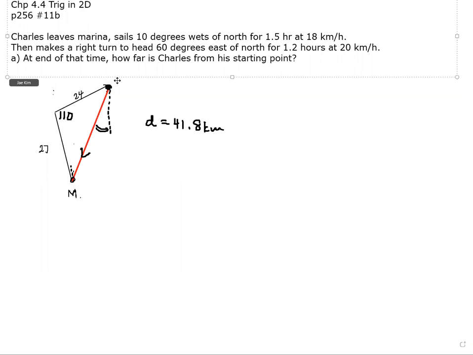It may not be easy right away because it looks like you don't have much to work with at that angle, but you already know that this is going to be 60. You know that the exterior angle here is going to be 110. You know that on the left side is going to be 110. There are a couple of things. You already know this distance. There's a couple of things that we could do. For example, you know that